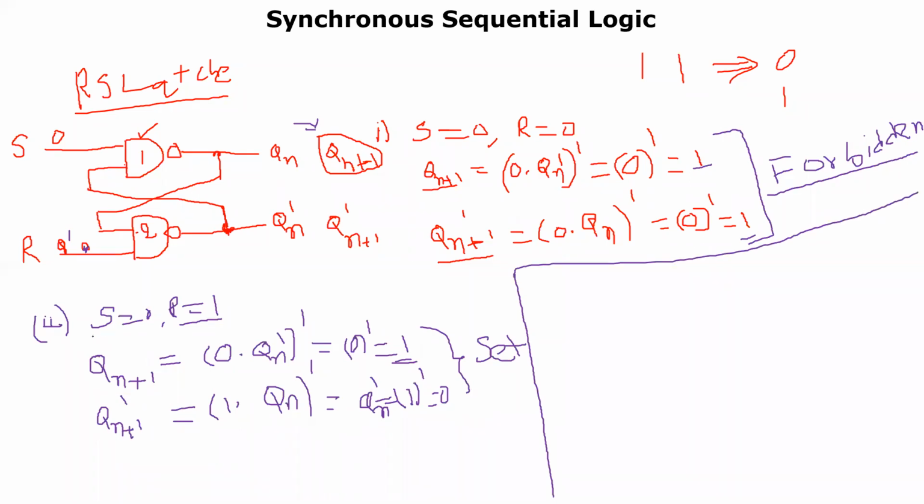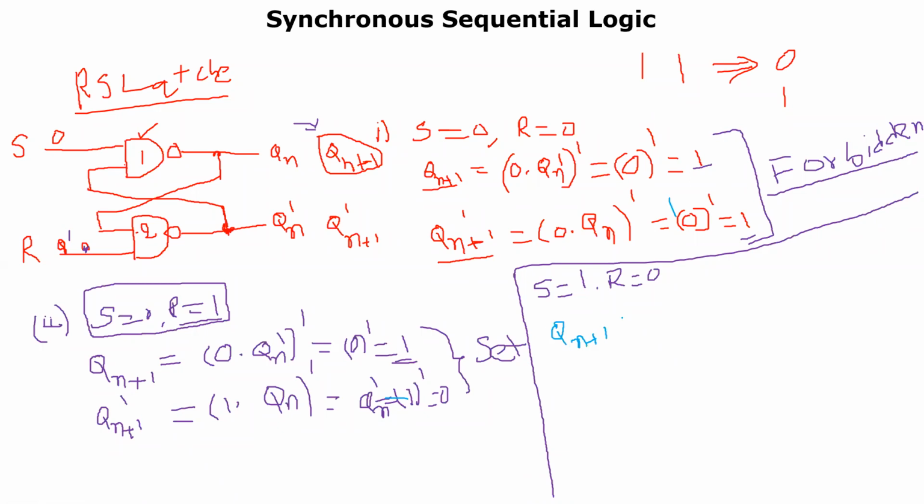So if S equal to 0 and R equal to 1, so you got set state. Now let me change the values. So S equal to 1 and R equal to 0. Let us identify what exactly this particular thing will be. So here also Qn plus 1 must be identified. So Qn plus 1